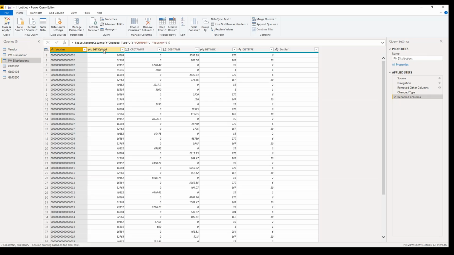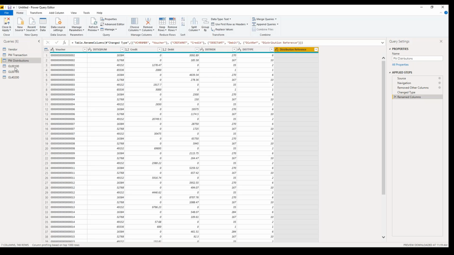I'm going to leave this distribution sequence number just as it is. It's not a field that we're going to show to Dora, so we don't need to worry about it. So we'll call this one credit, call this one debit. The distribution index number, we're going to leave that as is, because we're just using it to create a link to the account number. The distribution type, we'll leave that as is, and the distribution reference will come in and enter in distribution